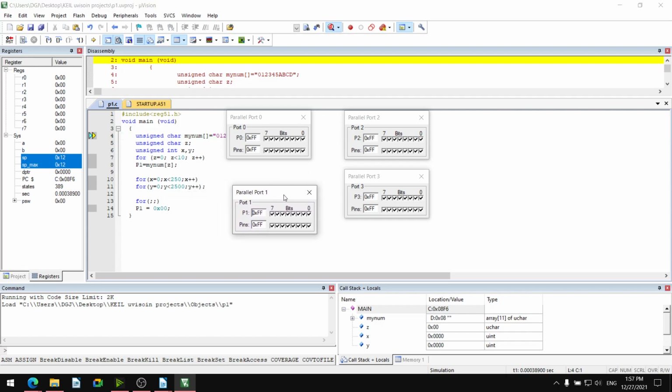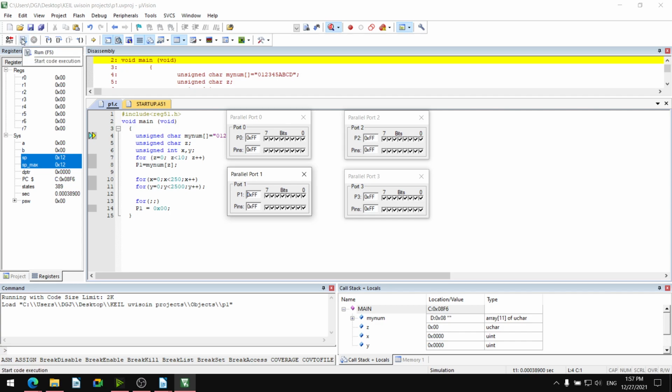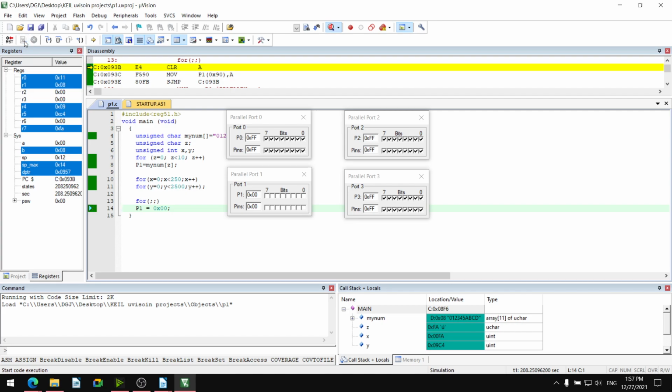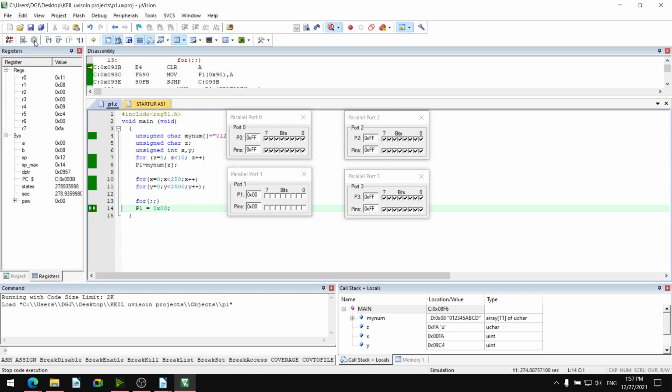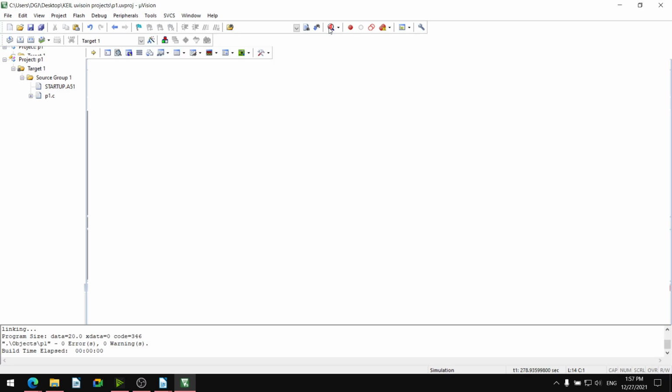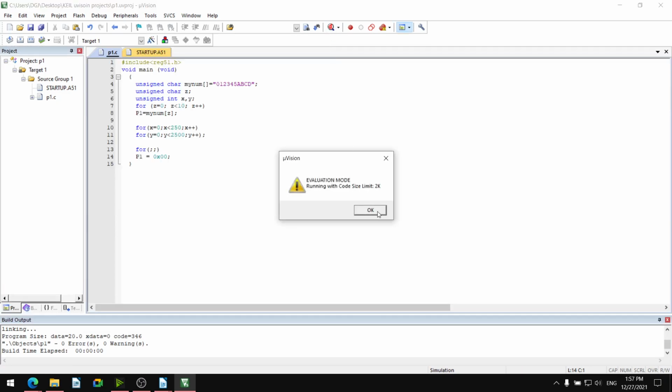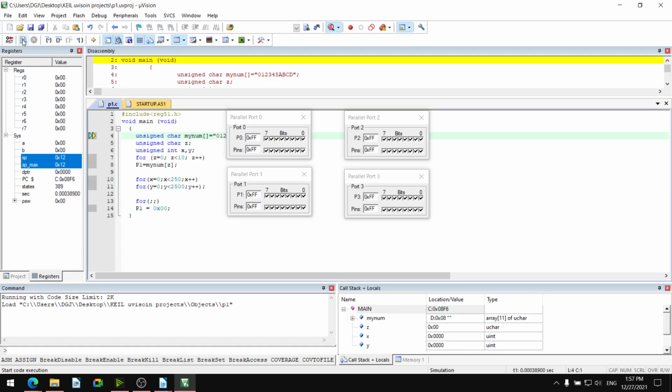On this P1 we are having these 10 values. Okay. The values come and very quickly go. I will stop it, again run it. Stop the debug session, start the debug session. You can observe very quickly value comes and goes.